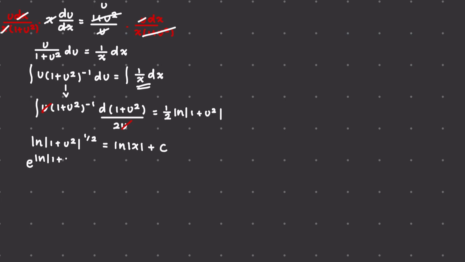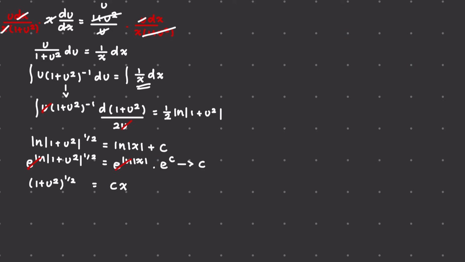The power of ln of (1 plus u squared) to the power of 1 over 2 equals e to the ln of x plus c, which is just e to the ln of x times e to the c. And remember, e to the c, or e to the constant, is just a constant. And here on, we can cross out the e to the ln, and this just leaves us with (1 plus u squared) to the power of 1 over 2 equals